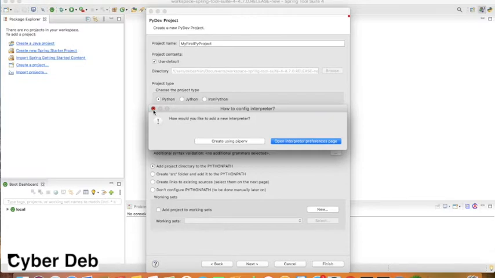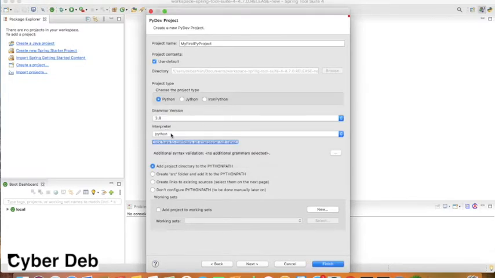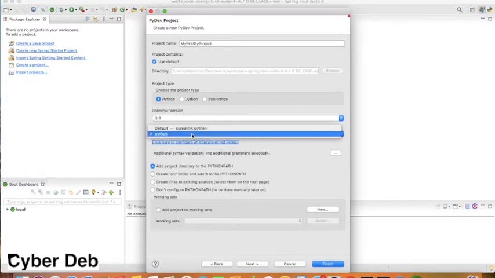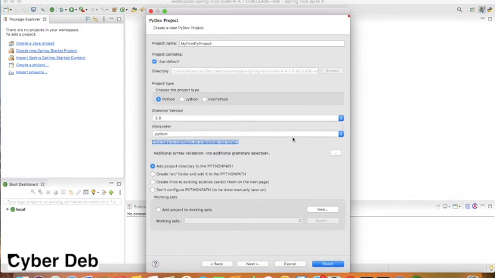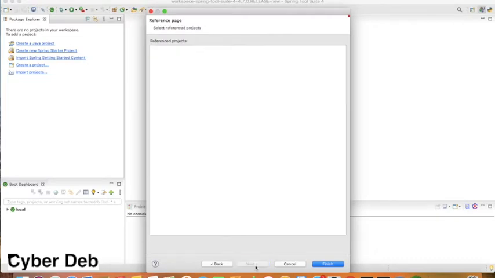But since I have this interpreter built in on Mac, that's why I am finding it over here. Then click on Next.